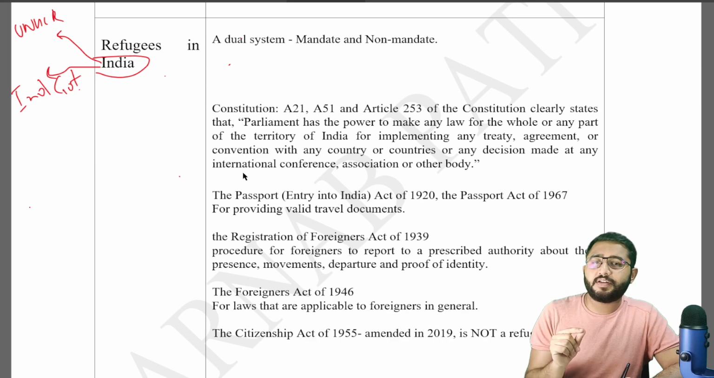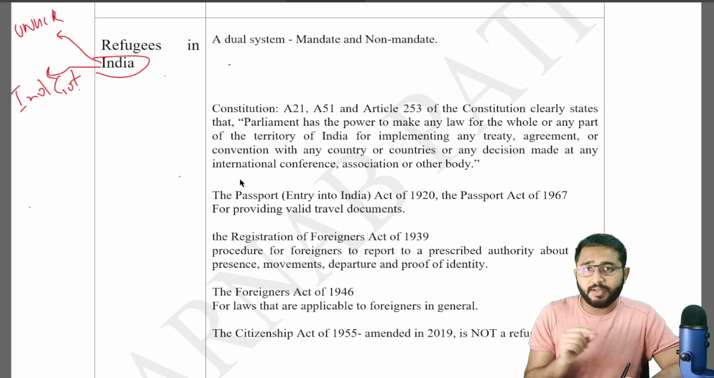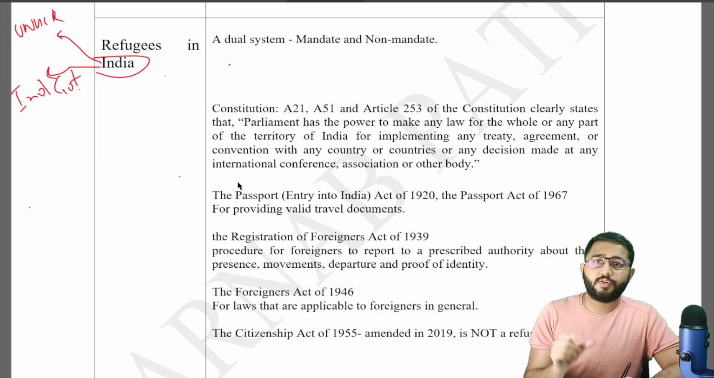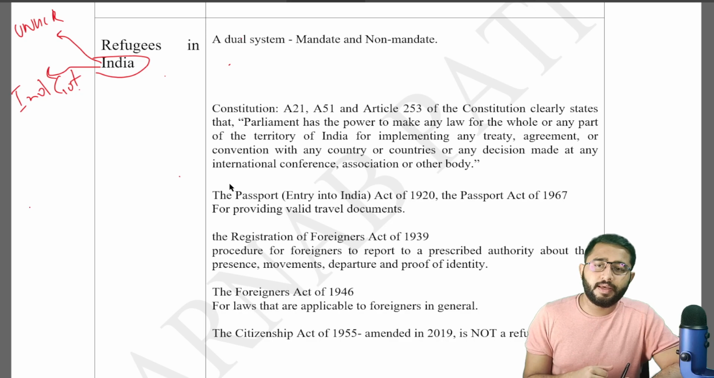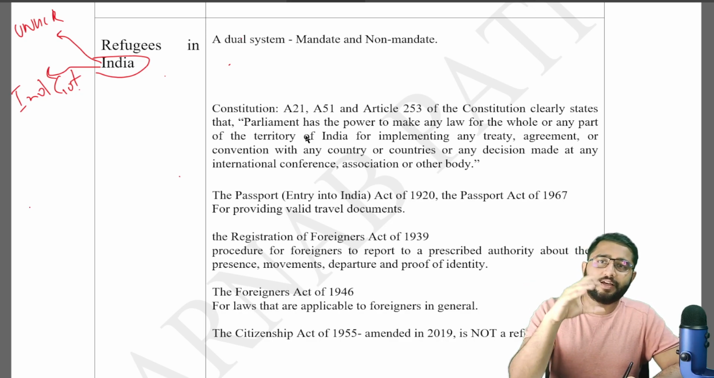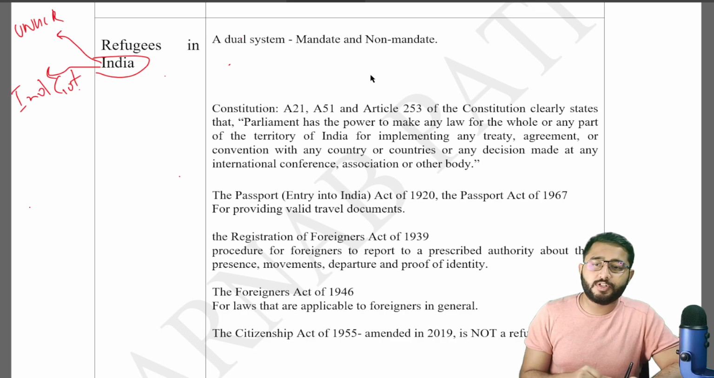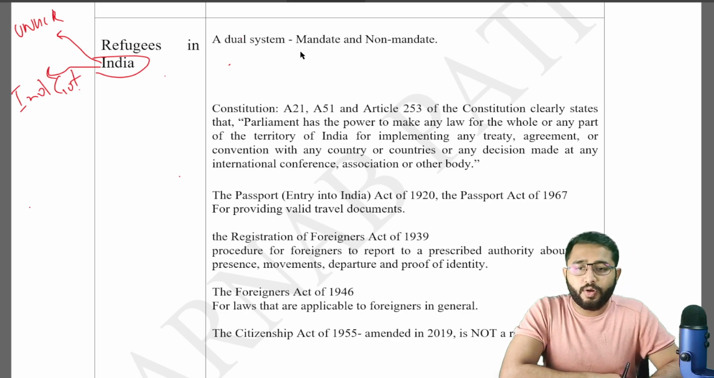Now, why is there a distinction here? The distinction here is because India is not a signatory to the 1951 Convention, but it has allowed UNHCR to set up its own offices in India under a Memorandum of Understanding. Now, इस Memorandum of Understanding में India ने बोला UNHCR को कि you have the right to determine who is going to be a refugee in all countries that are not bordering countries to India, which means all non-neighboring countries,